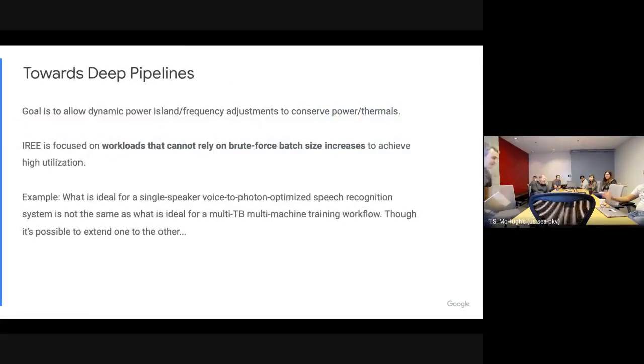And the real goal as we're thinking about what we're doing in the compiler is really exploiting as much as we can the latency hiding ability of the hardware we're targeting, which usually means GPUs, but can mean edge TPUs as well, and even CPUs in a lot of cases.